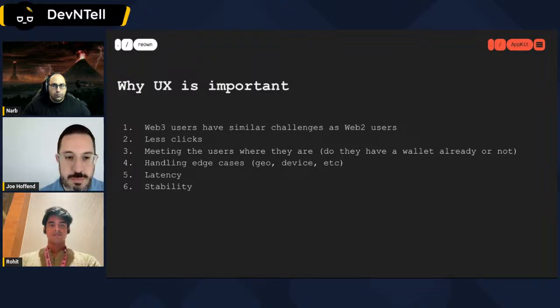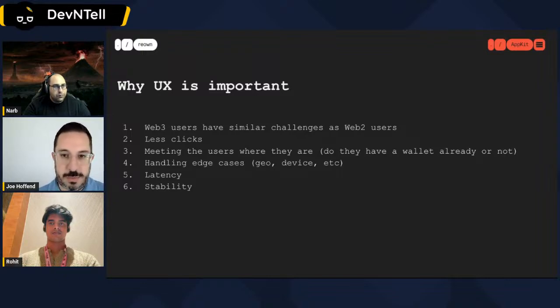We also think about meeting users where they are. One of the biggest pain points, in my opinion, with Web3 up until now has just been the lack of focus on the mobile experience. It's been very desktop oriented for a long time. And we are continually thinking through how to improve the mobile experience. We introduced something called link mode, for example, which makes it so a native mobile app can very seamlessly and easily, almost instantly, connect to a mobile wallet. We also have different platform support for builders who are using Swift, Kotlin, Flutter, etc. We're always thinking about edge cases. Crypto is very much global.